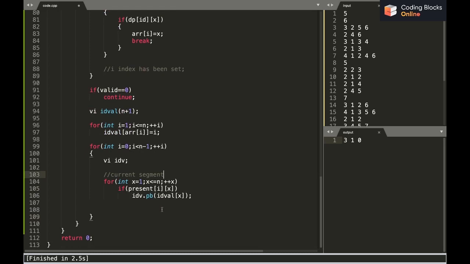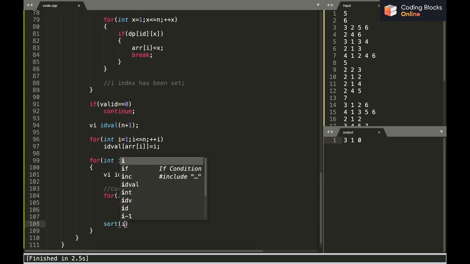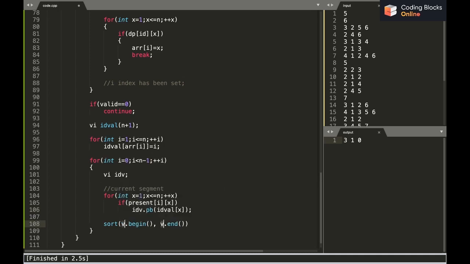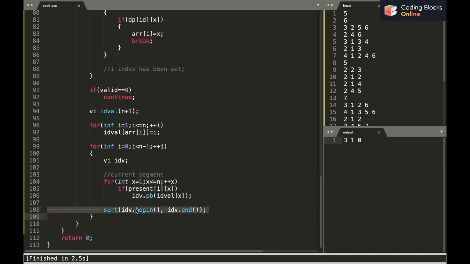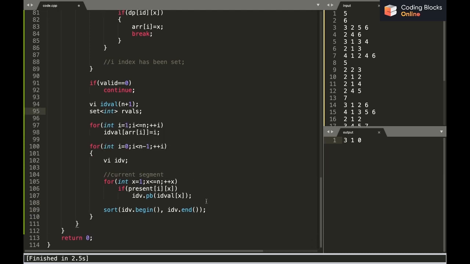I'll just sort this idv vector. Now after having sorted it, I'll see if this is a continuous one, and what is the R value. So I need to store the R values also, so I'll make a set called rvals.